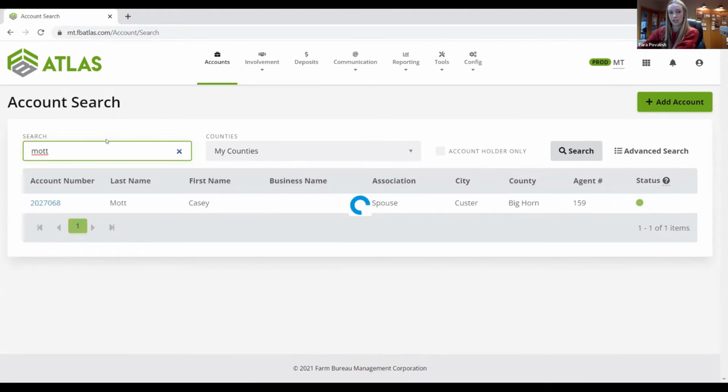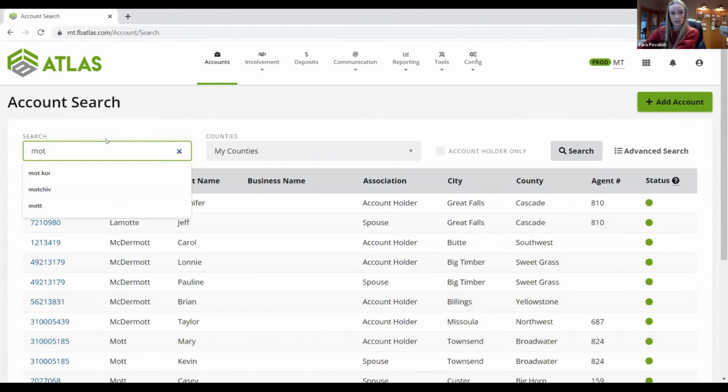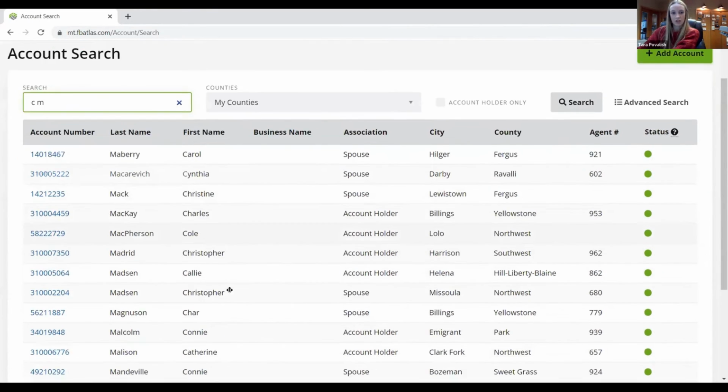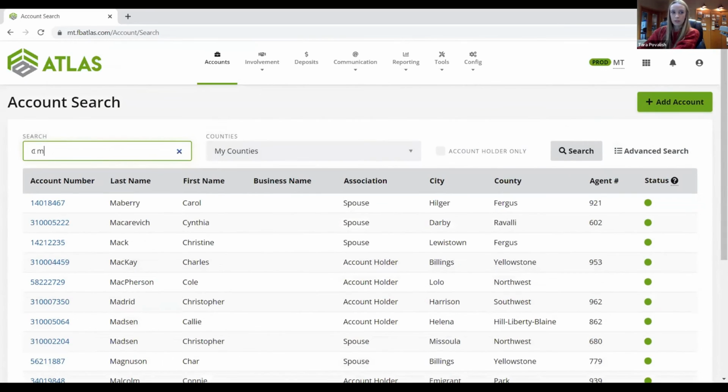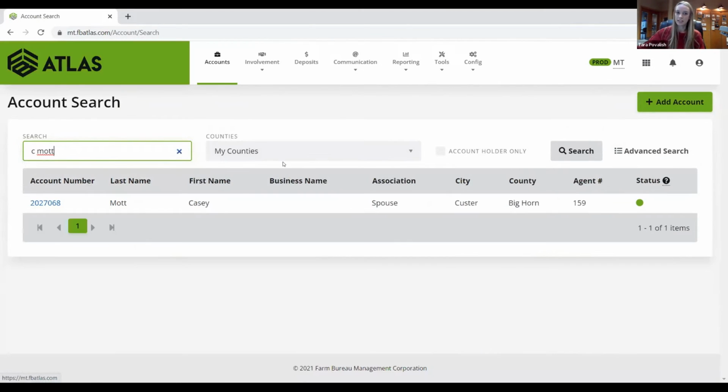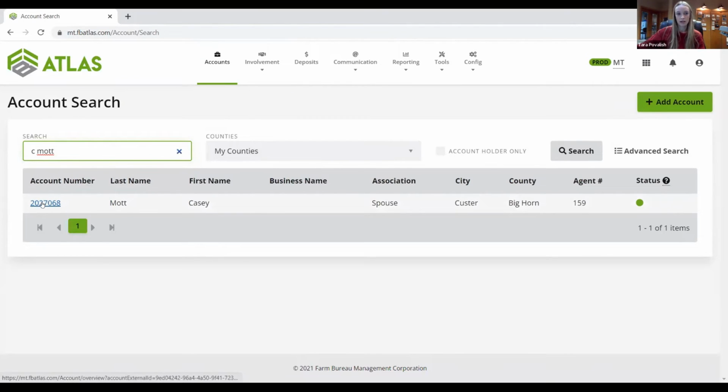You can search by just their initials. So CM. And so you might pull more people that way, but at least then you can kind of say, okay, well, these are all the people that have a first name starting with a J and their last name is Smith. And it's a little bit easier to find. So then to get into this account, you'll see account number right here to click on.